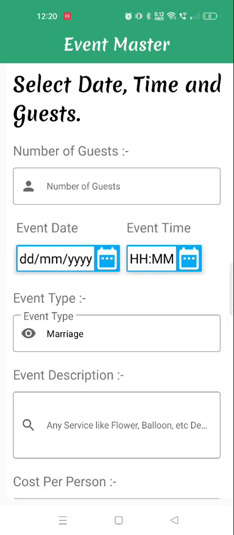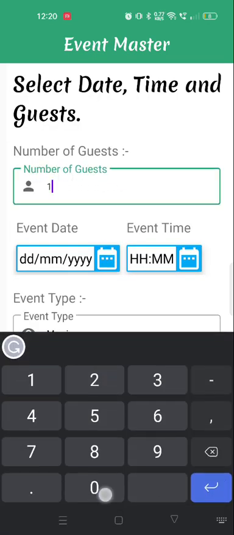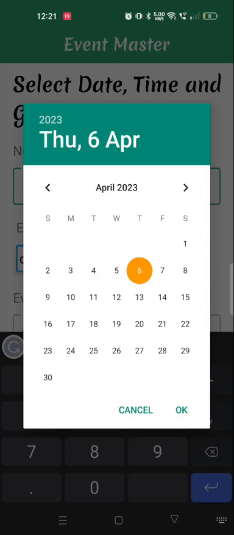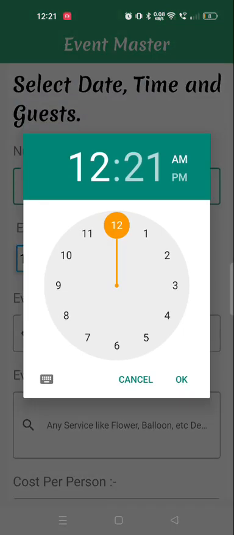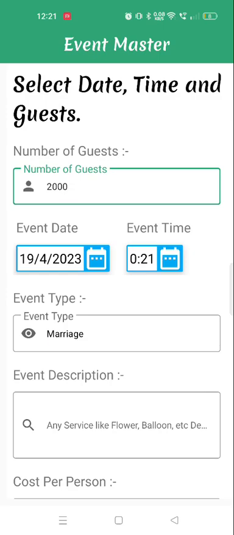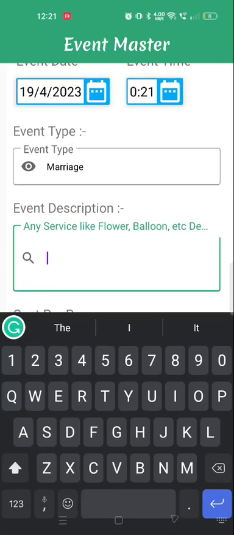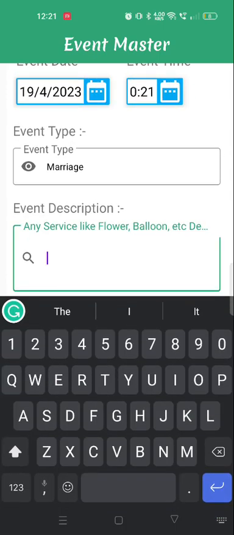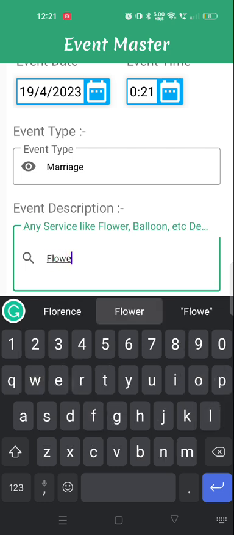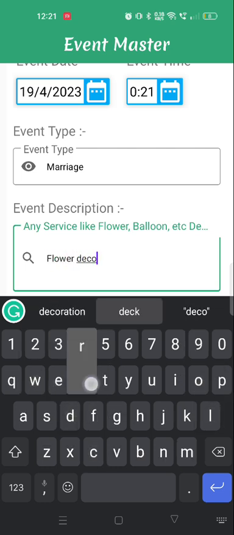After selecting, it will open one form where I have to mention some information like event date and number of guests. Suppose there are 200 guests and the event date is the 19th, and I have to mention the time, and it will automatically get the event type. Here I can mention the event description, like I want flower decoration, or dinner.